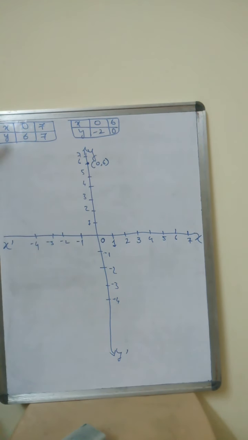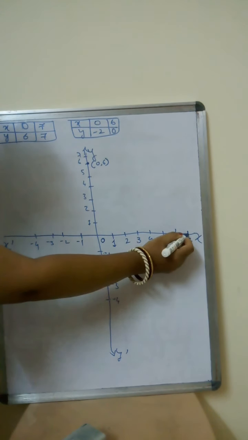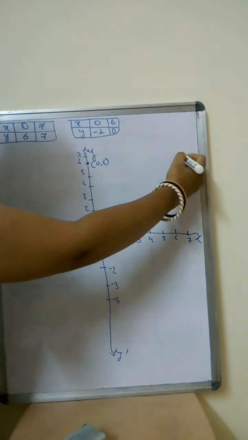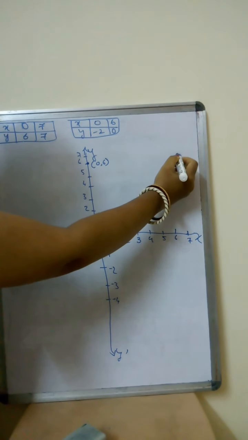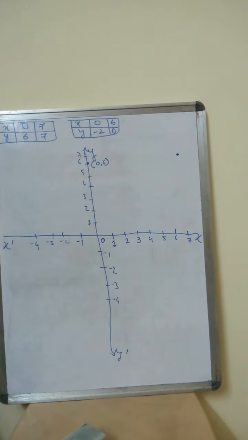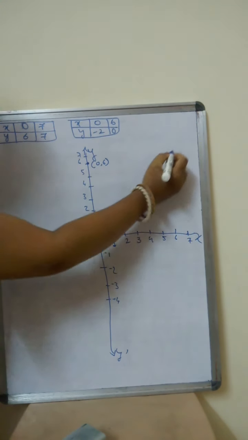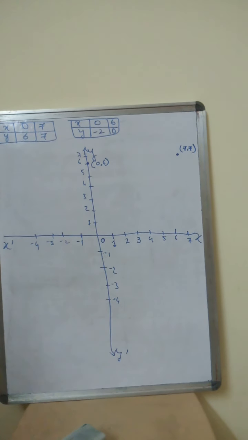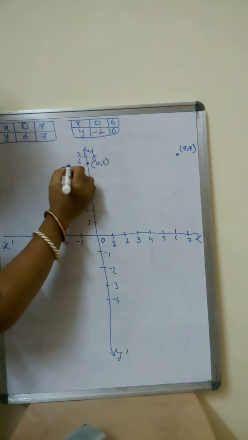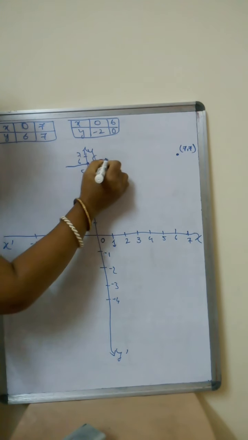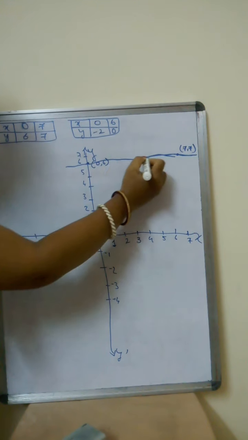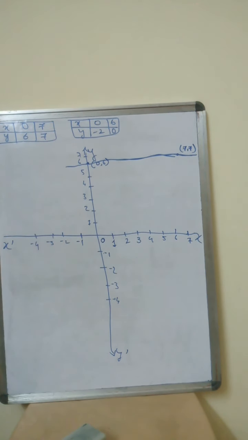Okay. And my next one is, on my x-axis I have 7. Where do I have 7? I have 7 here. And on the y-axis I have 7. Where do I have 7? I have it somewhere here. Right? So here I write 7, 7. When I write 7, 7, I will be drawing one line. My line will not be straight because I am drawing it freehand. You have to draw it with your scale. It will come as a straight line.